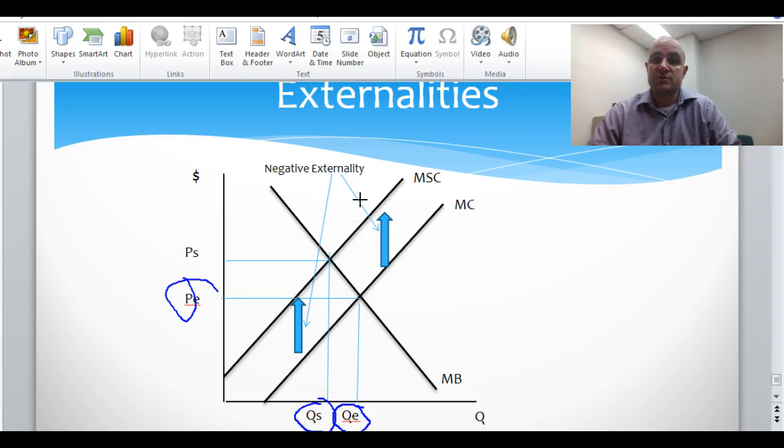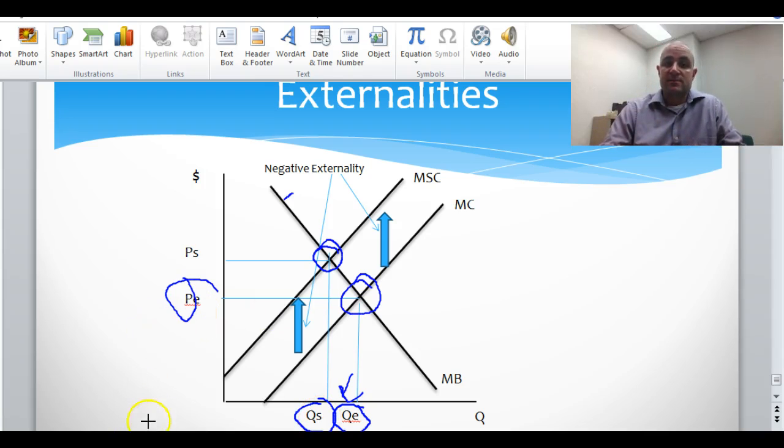So if you remember, that marginal social cost is the cost to overall society. This is where we should be, on the marginal benefit and the marginal social cost. So we should be right here. Where are we really? We are at the equilibrium. So we are producing more than QE is best for society. So when there's a negative externality, all costs are not being realized, they're not being factored in, and so we're producing more than we should.